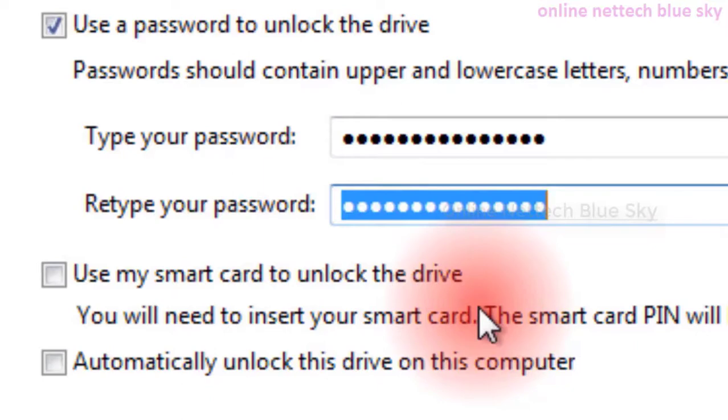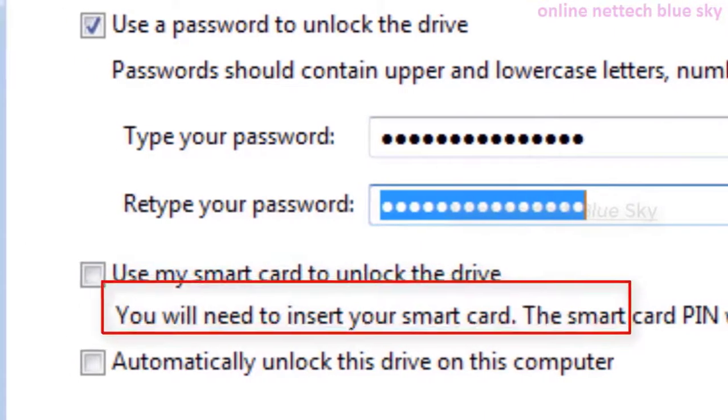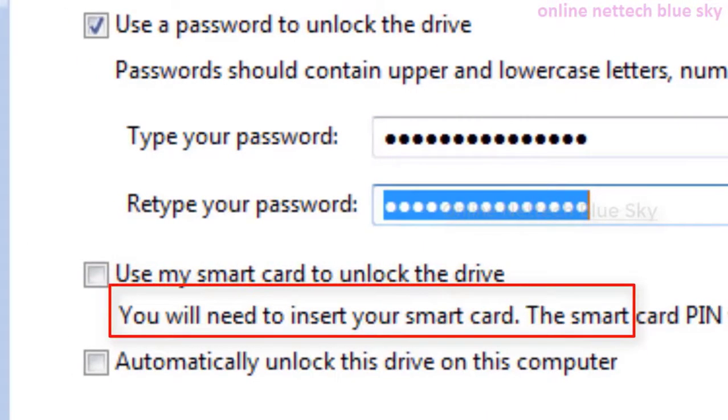So you cannot directly start all three types at the same time here. So click any one method, using the password system. So you will need to insert your smart card and the smart card PIN. First you need a smart card reader device, and second you need a smart card.